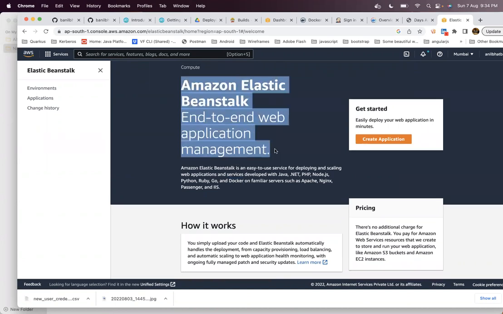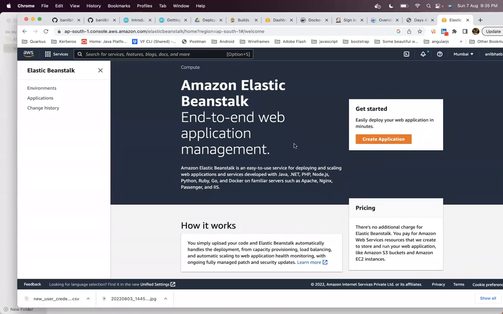So you have to create an Elastic Beanstalk application. There is a button called create application. You can just create an Elastic Beanstalk application, and the goal is to deploy your application inside it.